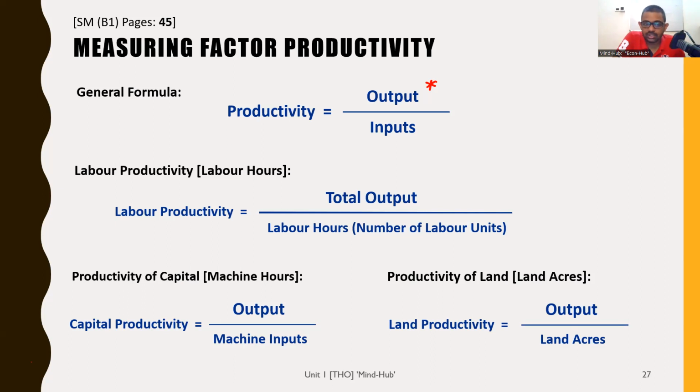So don't worry about whether we should say total output or output. Basically, when we say output, we mean the total output. And the input should be, if it's labor, all the labor hours used under normal conditions. Capital, the machine inputs used under normal conditions, and land the same thing. Are we done? A few of you have let me know you're done. If a few more are done, we can move on to talk about the determinants of productivity.